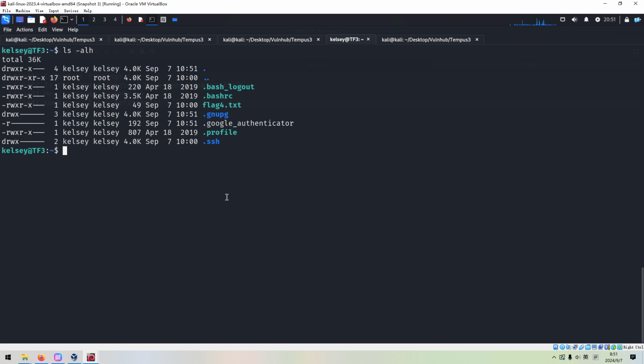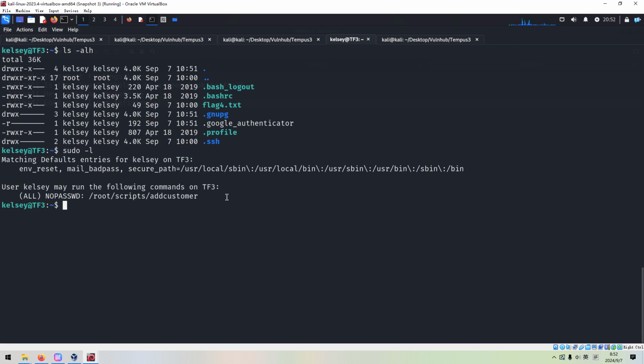So next, for example, we need to make a lateral movement or privilege escalation. For example, we can check sudo. We can run this utility without a password.